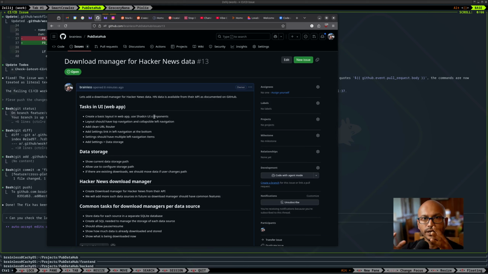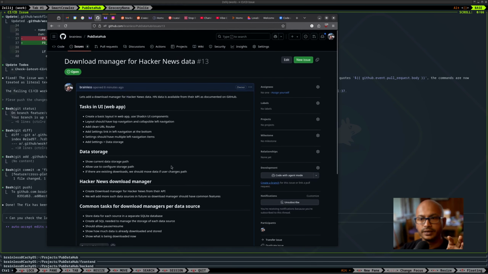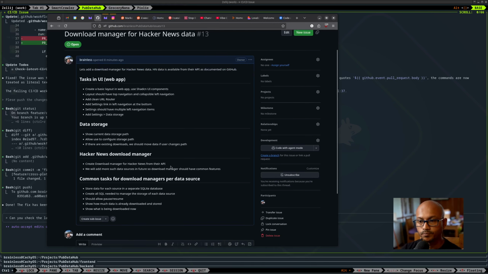So now we are doing it a little more exhaustively, extensively, so that we can make sure that these features are there. So this is something that I've thought through. Like I've said, you still need to think through how to build a house, that analogy of house building, and we are using that process to think through, okay, I need somewhere where this Hacker News data will be downloaded. But in future I will need other download managers. I'll need data. I'll probably download data from, I don't know, weather service API, maybe even Reddit API. There are so many APIs out there from which you can download data, and then you can view that data on your computer. So I'm just going to use that same methodology of just thinking, and create this